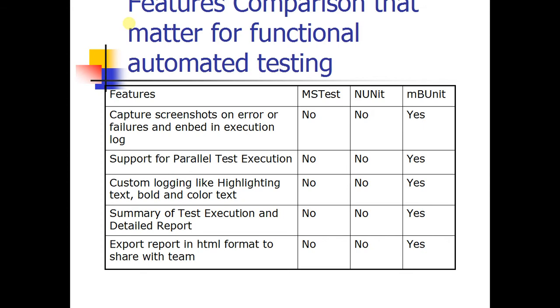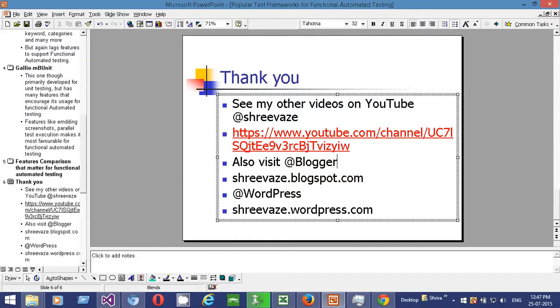Now I have compared 5 basic features amongst all 3 test tools, which are capturing screenshots, support for parallel test execution, custom logging, summary of test execution, and export report in HTML format. All these features are not supported by MSTest and NUnit, but they are supported by MbUnit. Now let's see how these features look like in MbUnit, as these are not supported by MSTest and NUnit, but these features are most critical for